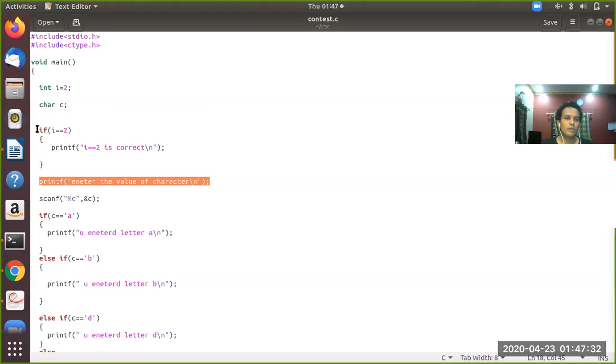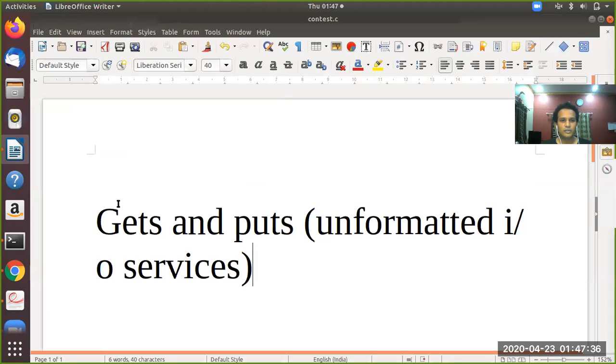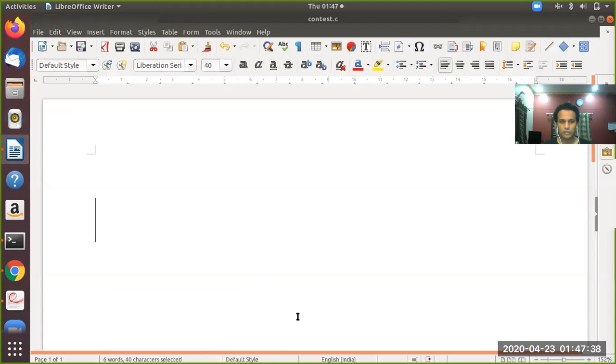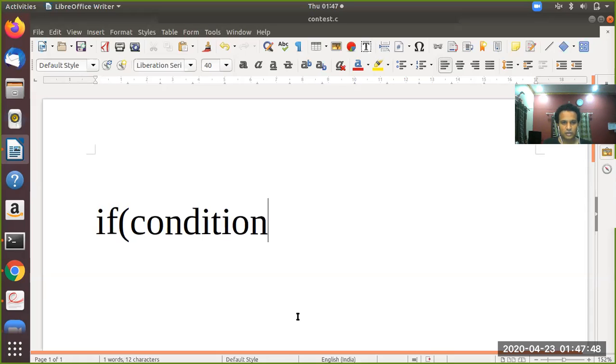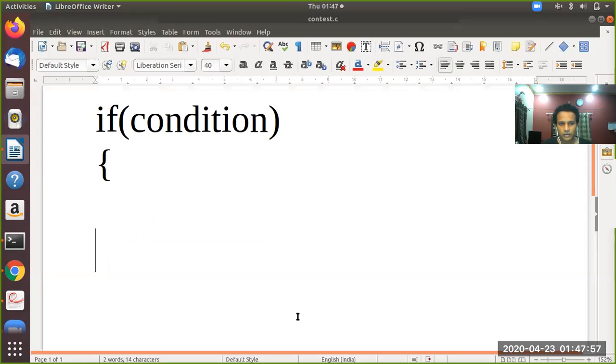So by this what I want to tell is, if is a C statement which contains a condition. Now followed by if is the flower brace and a close brace.